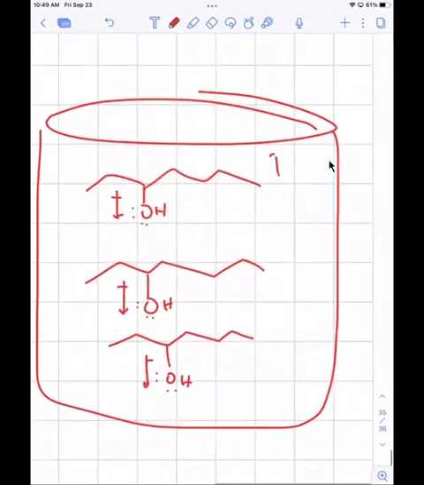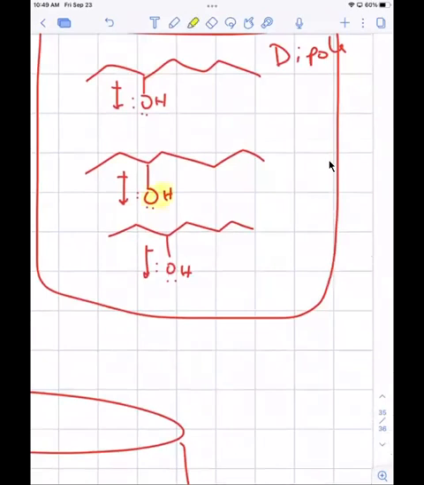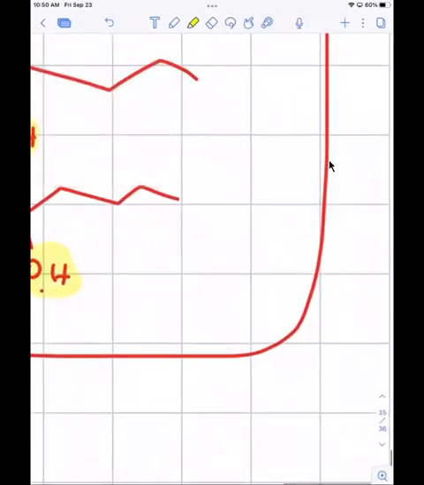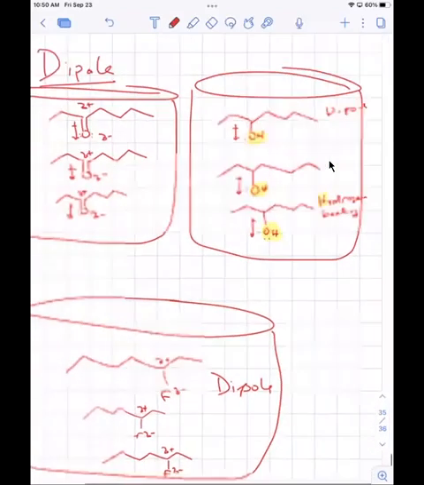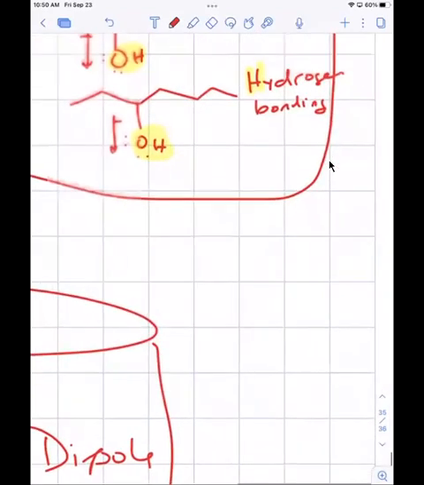Right? So this is dipole, but the OH group introduces another intermolecular force that's possible, right? And that is hydrogen bonding. Right, and again, that's the strongest of all your intermolecular forces. The way that works is if I have one of these alcohols like this, right, the lone pair on